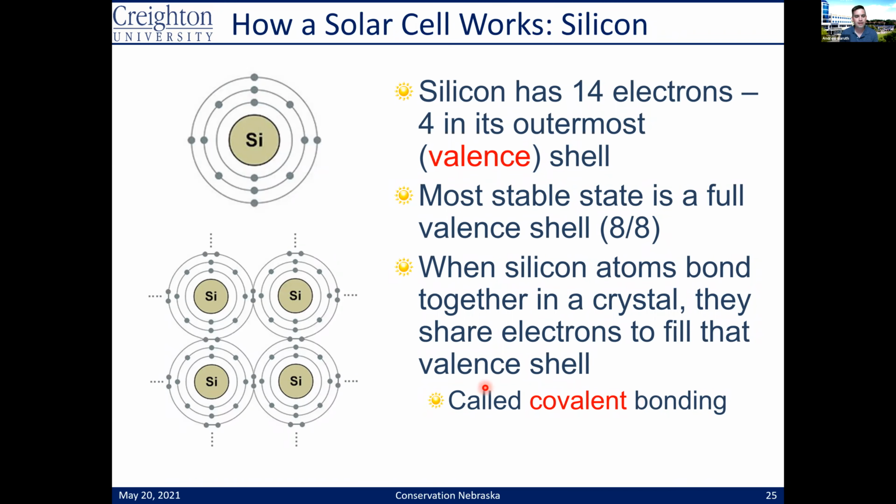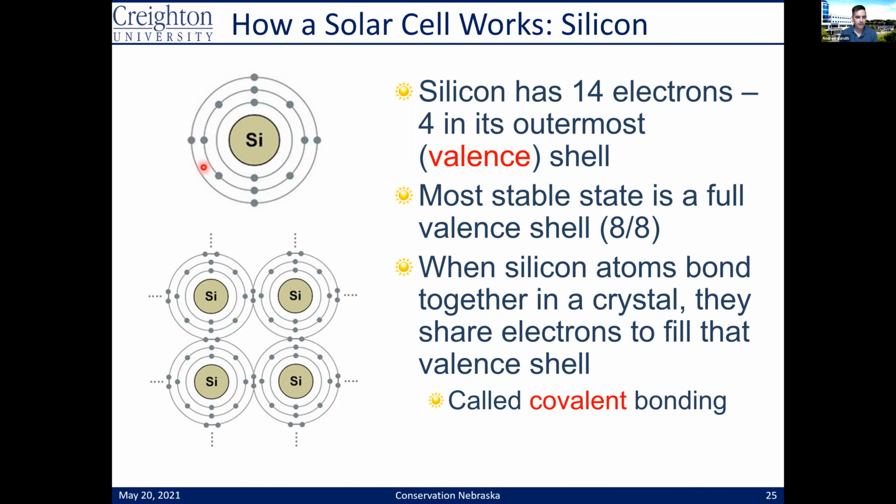So the most important thing to note about silicon at this point is that it has 14 electrons that surround its nucleus. And these are in varieties of things called orbitals, but all you need to remember is that there are 4 electrons in what are known as the outermost orbital or valence shell. So it turns out that atoms don't really interact with each other except for with their valence electrons.